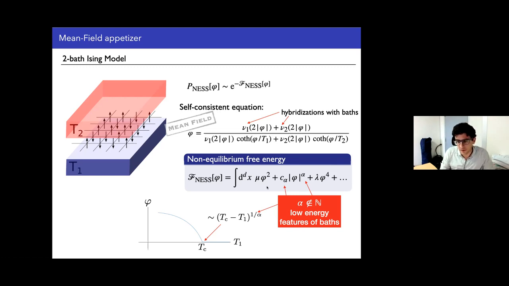And as I said before, now that you have this phi alpha that can live in the middle of phi square and phi 4, the battle for criticality is now a battle between the phi square and the phi alpha, right? So it will change in particular your critical exponent. Okay. So that's the first part of my story, and that was made by just mean field analysis, and we did it here on a simple model, but you can work with different models and convince yourself that typically a non-equilibrium environment can bring in some non-analyticities in the free energy function.